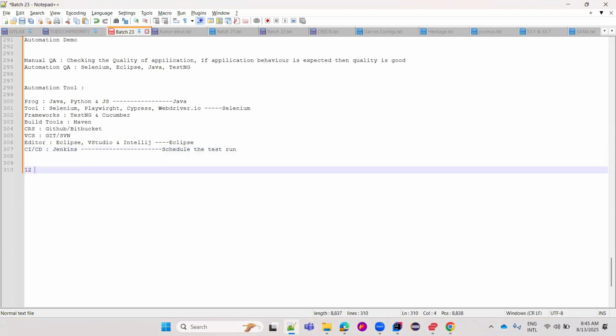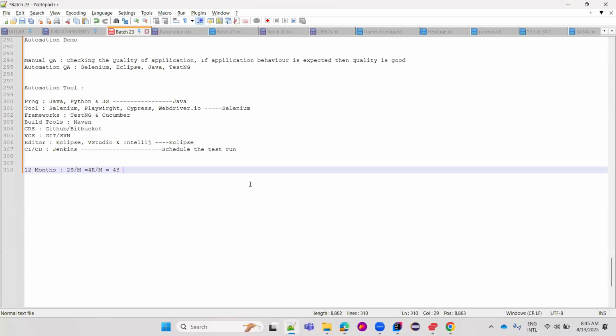We have 12 months, and each month we have two sprints. Each sprint has two regressions, so how many regressions will happen? Four regressions per month.